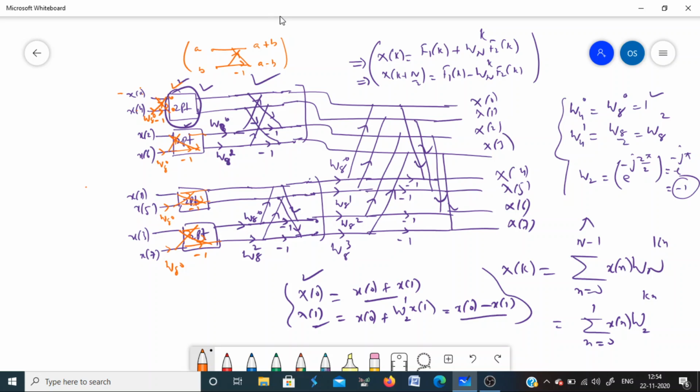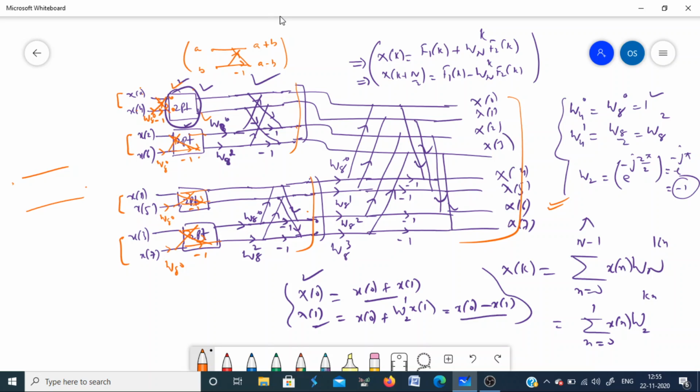Okay, so you first find 2-point DFTs. Then by combining the two 2-point DFTs, you get a 4-point DFT. And then by combining the 4-point DFTs, you get an 8-point DFT. Okay. So by combining 8-point DFTs, you can get 16-point DFT and so on. Okay. So this is the structure,